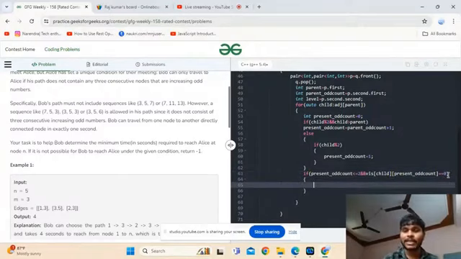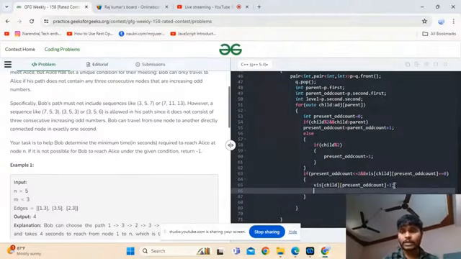If it is not visited, then I have to come inside, and child comma present odd count is equal to 1, and I have to push that element, child and present odd count, into the queue.